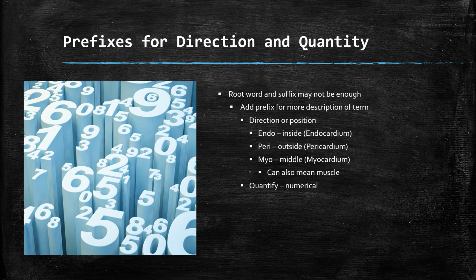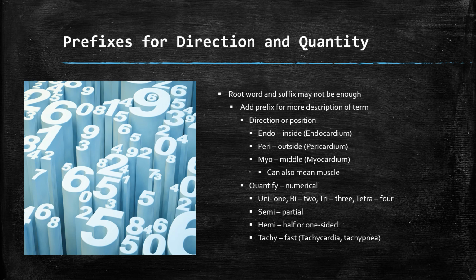about our root word. We can add the prefix uni to mean one, bi for two, tri for three, and tetra for four. If we want to indicate a portion of our root word, we can use semi, which means partial, or hemi, meaning half or one-sided. To describe an abnormal heart rate or breathing rate, we can use the prefixes tachy, which means fast, or brady, which means slow, as in tachycardia or bradycardia to describe a heart rate, and tachypnea and bradypnea to refer to